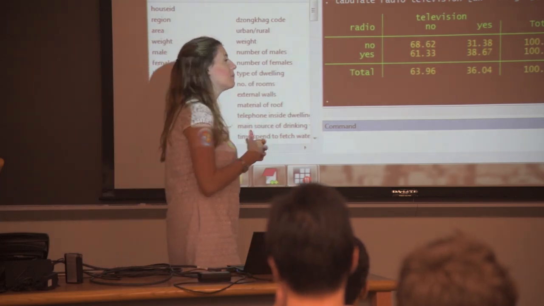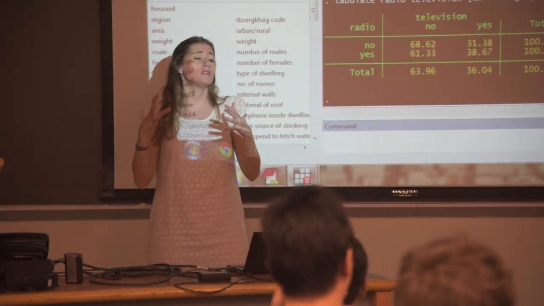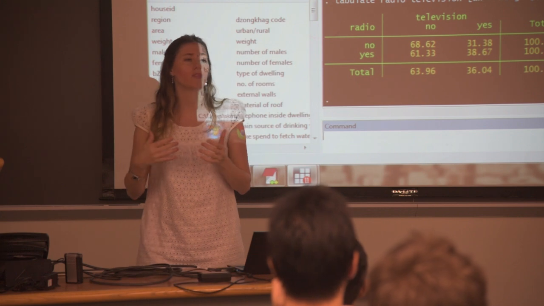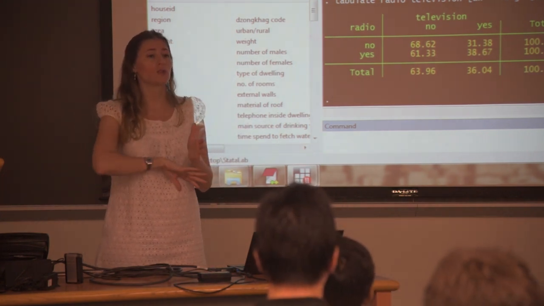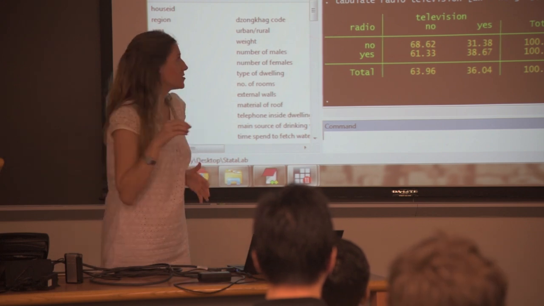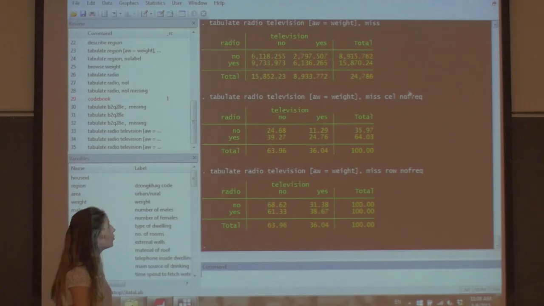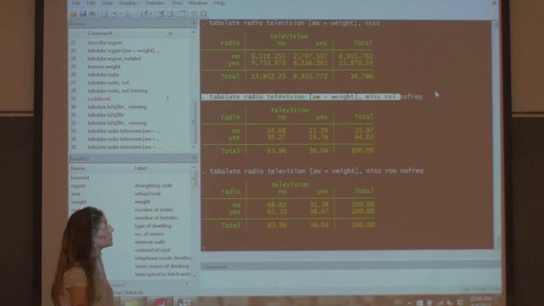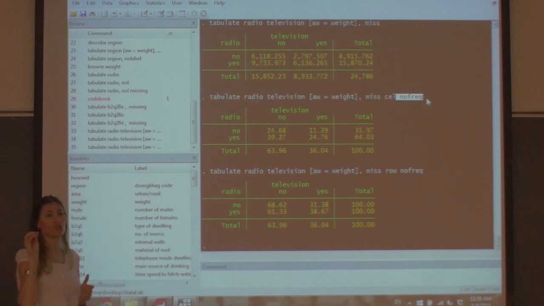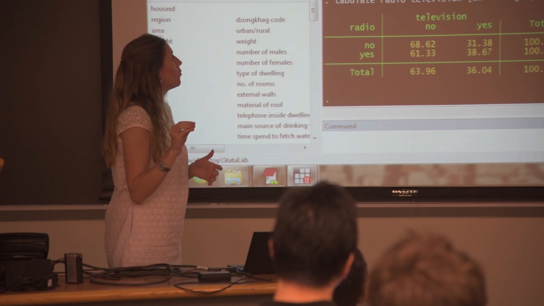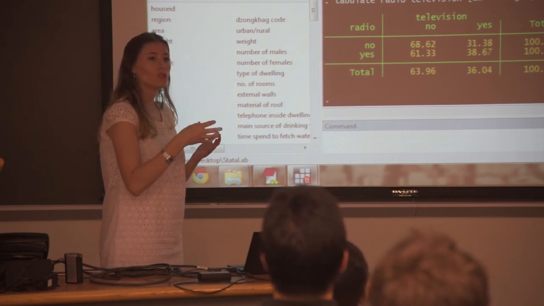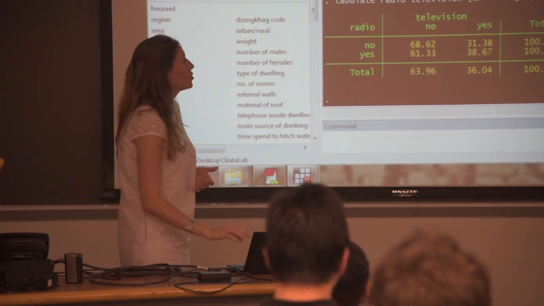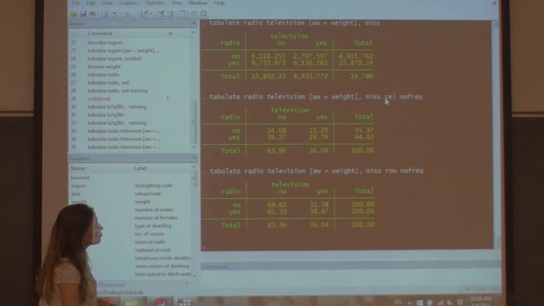Now these are numbers, and they can be a little hard. Sometimes we are more interested in percentages rather than in numbers. So we ask Stata to show us percentages, to drop the frequencies and just show the percentages. And that's the option of no frequency here. We are telling Stata that we want percentages, not the frequency. Now, when we tell that to Stata, we need to also let the program know how we want these percentages to be computed. So in this first option, by adding this option cell here,